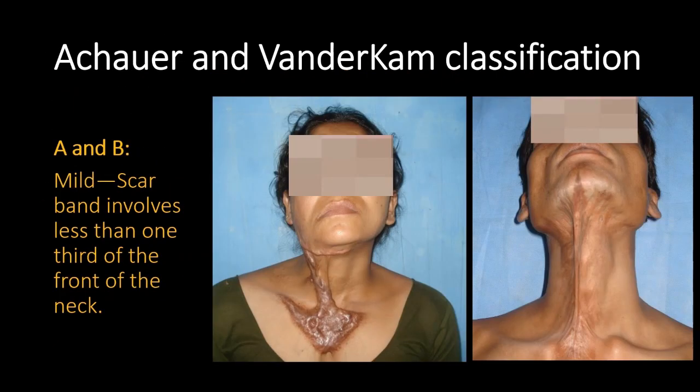So, what is the Osher and Vanderkam classification? They have classified neck contractures into A and B. So what type A and B is? Mild scar band involving less than 1/3 of the front of the neck. So here if you see the scar